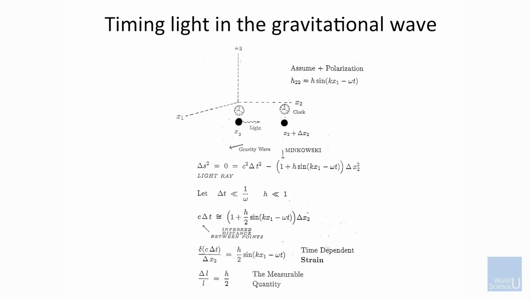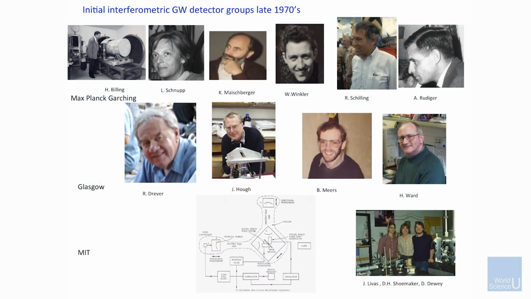And then you solve for the inferred separation between the two masses, just by looking at the timing of the light. And lo and behold, you get an answer, which is that delta L over L, that's the distance between those two, is indeed h divided by 2. So that was the basic idea. I taught that in a course because that's the only way I could understand it, and shelved it until Weber got into trouble. And here's a whole bunch of people who then worked on this thing. Here is the basic idea. The idea was that now you want to implement this.